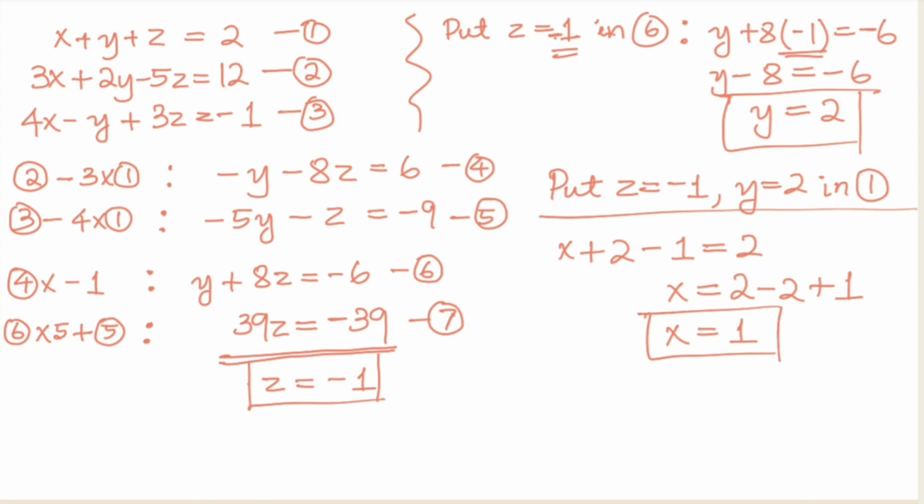By using the method of elimination, we've been able to get a value for x, a value for y, and a value for z. So this is a general principle that can be used to solve systems of multiple equations. And we can also try to get a geometric interpretation of what is going on. Now, if you recall that in the case where we have a system of equations in two unknowns, for instance, if you have, let's say, x plus y equals 1 and x minus y also equal to 1,